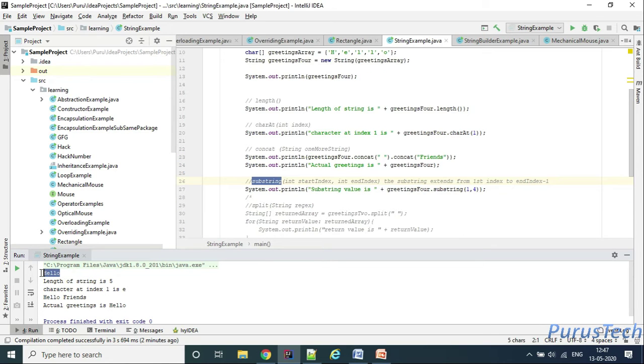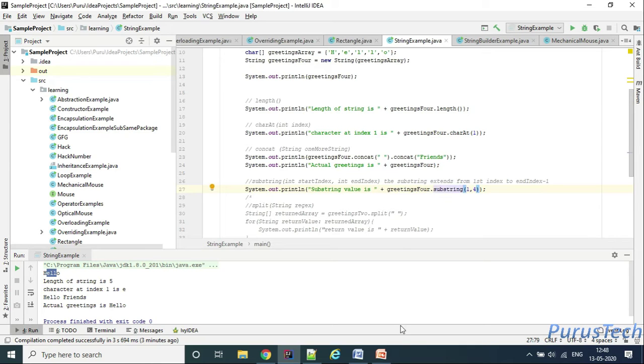Let's say hello is my string and I want to fetch a part of it, like el or ell, a continuous subset. So I need to use the substring method. The first index is where we start, and we can go up to the end index minus one.